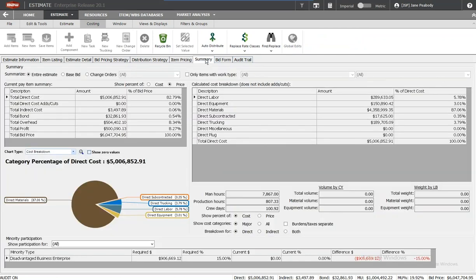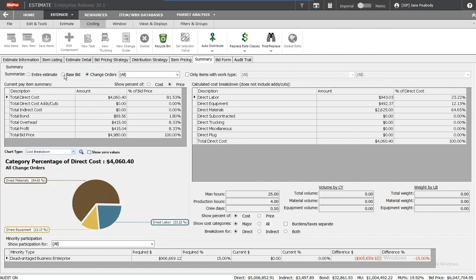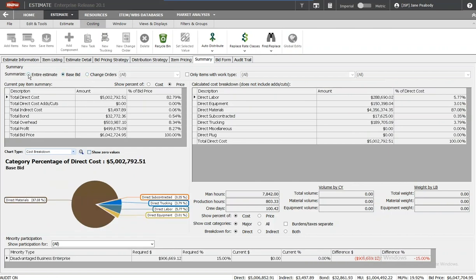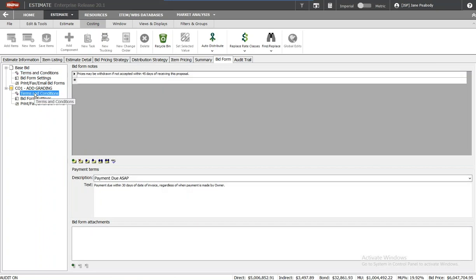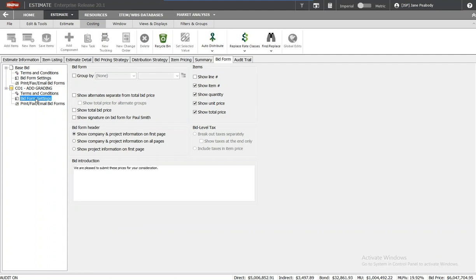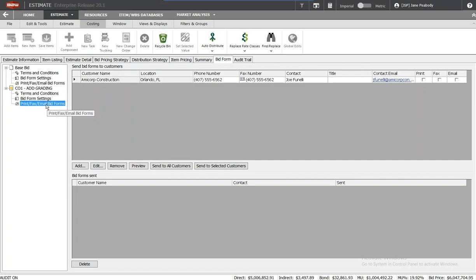Also on the summary tab, you have the ability to go between your change order values and the base bid, or you can look at the entire estimate. And for the bid form, we also have a change order node here as well. So you can go in and add terms and conditions that are specific to your change order, bid form settings if you have groupings, things like that you need to show, and ultimately print or fax your bid form specific